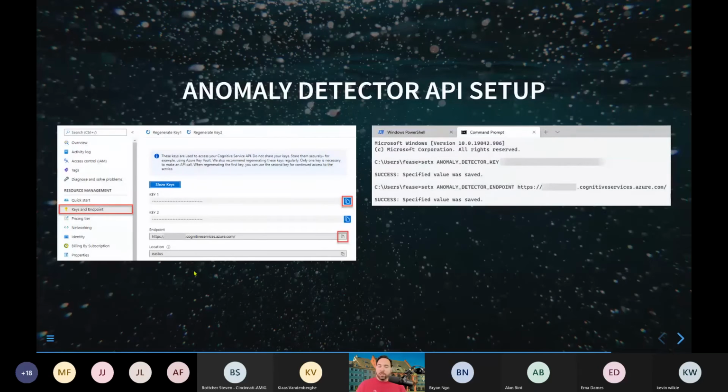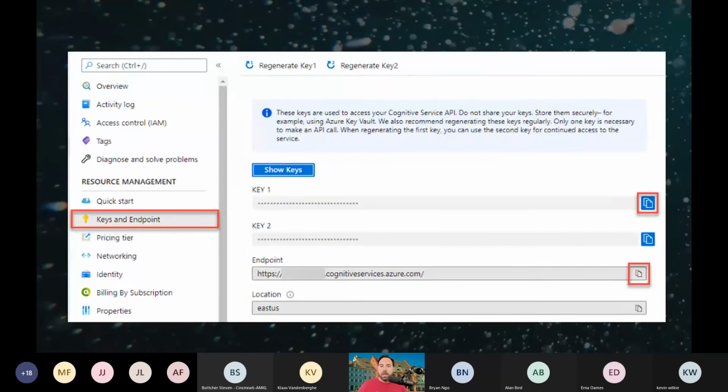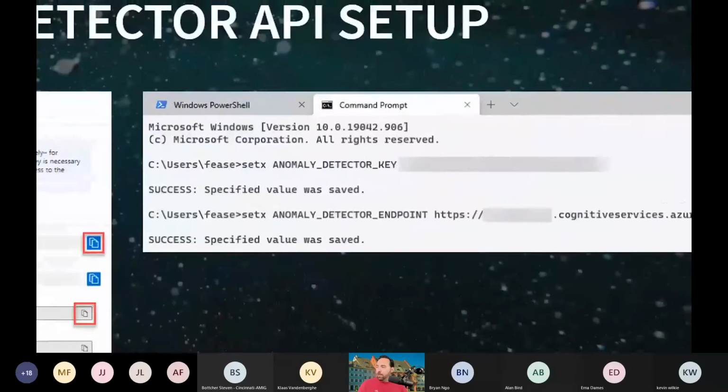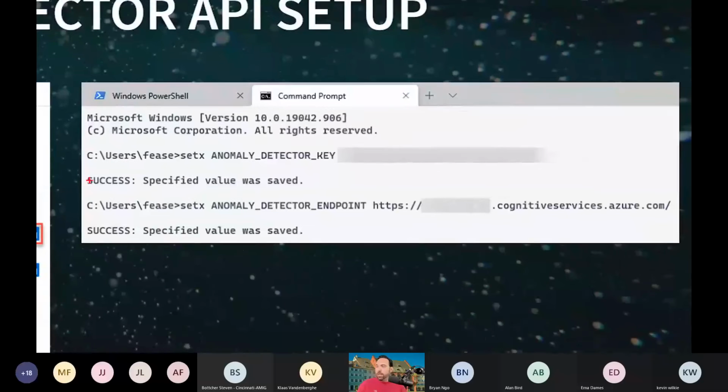Then, once it's created, you go in resource management, select keys and endpoint, and we have the keys. So I can copy the keys. I can copy my endpoint. And I'm going to save those as environment variables, which, if you're not familiar with this, in CMD, I can